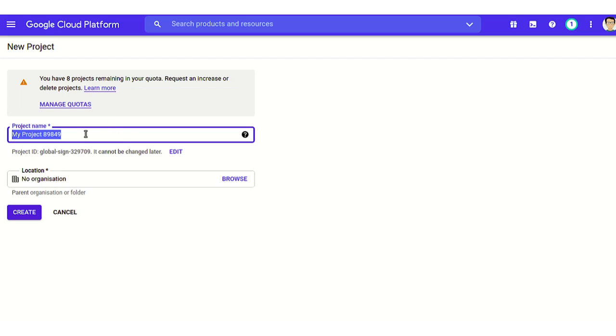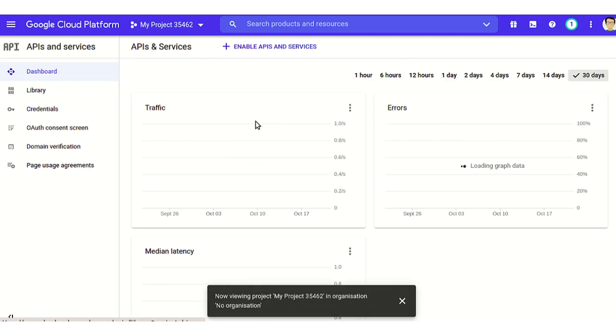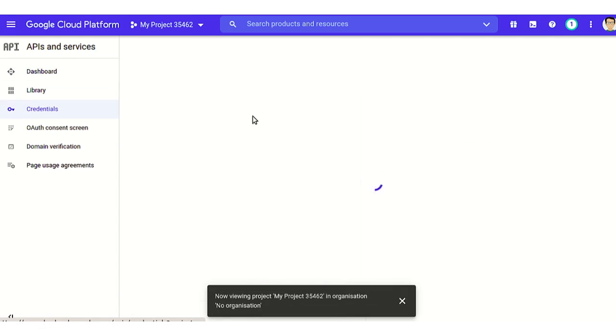You can enter the name of the project and organization and click on the create button, and a project will be created. Now after creating the project, you need to go to the credentials section